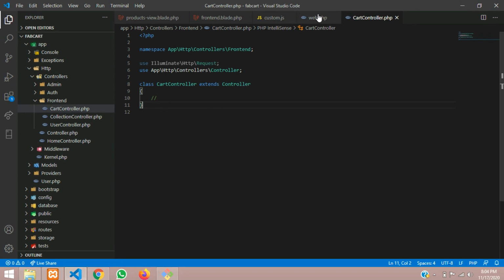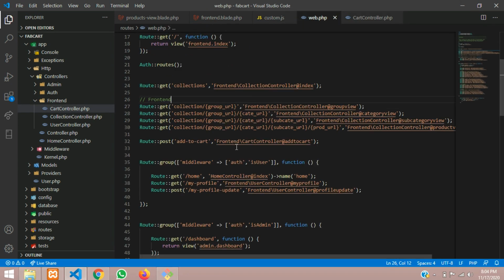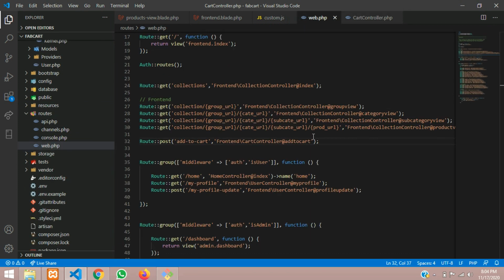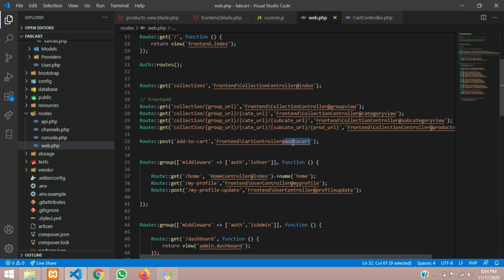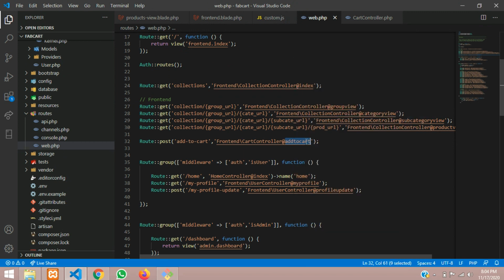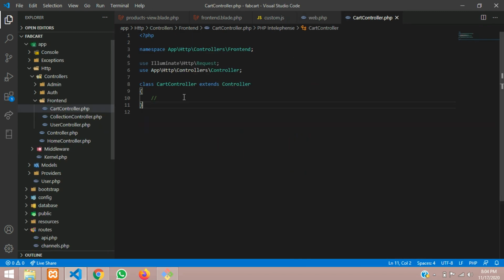Now after going to web.php, let's go to our cart controller and add the function add to cart, right? So let's copy this function name, and let me create a function with your function name.